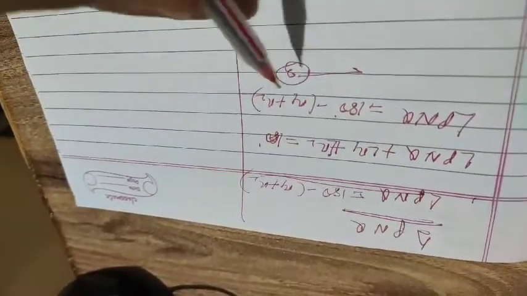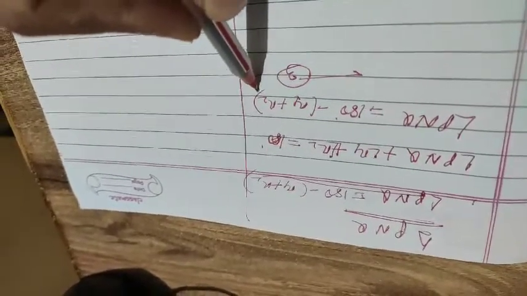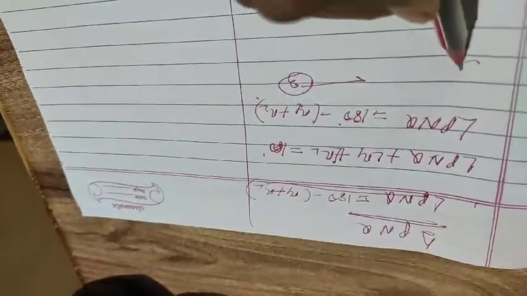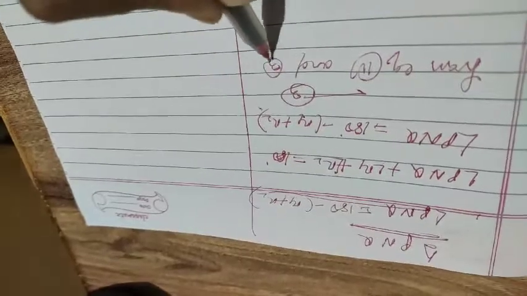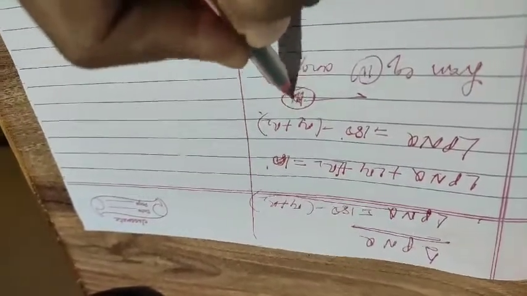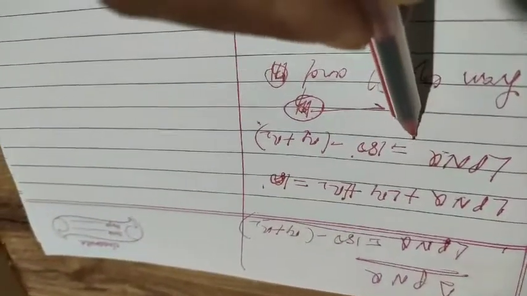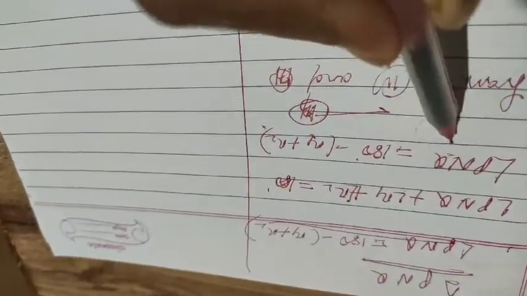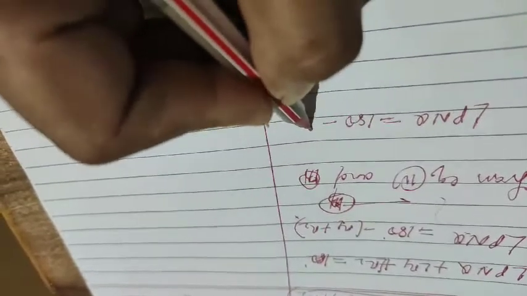Clear? Okay. Now what do you know about R1 plus R2? Any idea? No. So what will you write? From equation 2 and 3. Student, what is your equation 2? This you can write 3. This is equation 2. What is that? Angle PNQ is 180 degree minus angle A. So this value you will put, comparing equations. Again I will write for you, it is easy for you. We know that PNQ is 180 degree minus angle A.